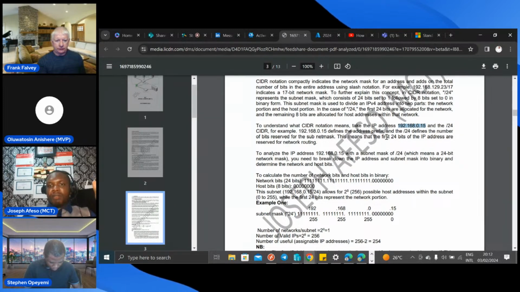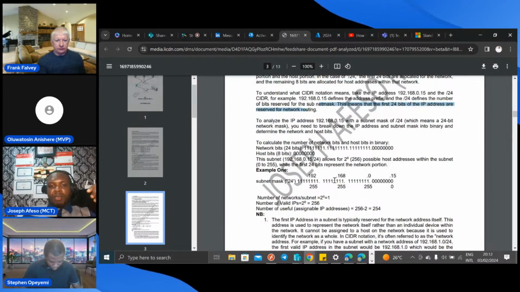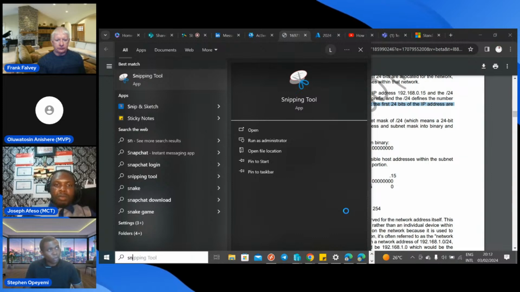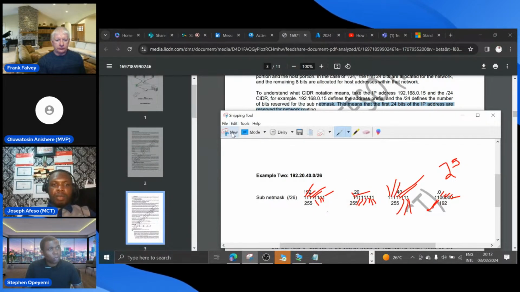This means that the first 24 bits of the IP address are reserved for network routing, right? If you look at something like this, for example, this is slash 24. I'm just going to take a screenshot of this and do a demo with that. Let me just bring this up and show you.